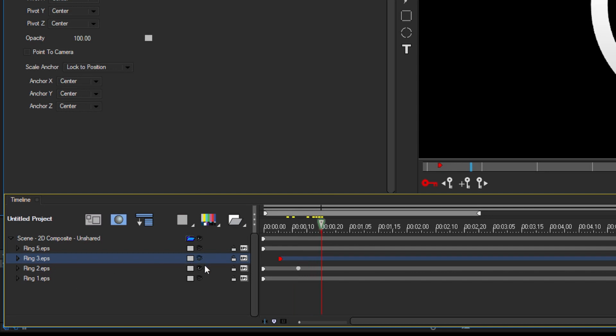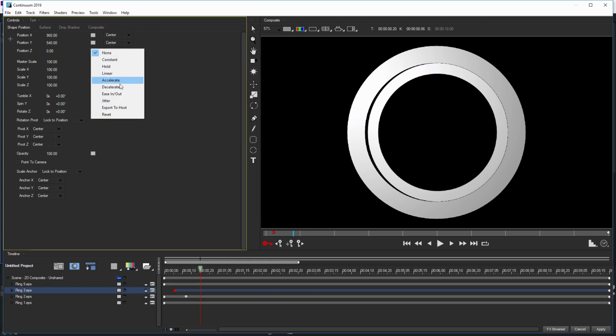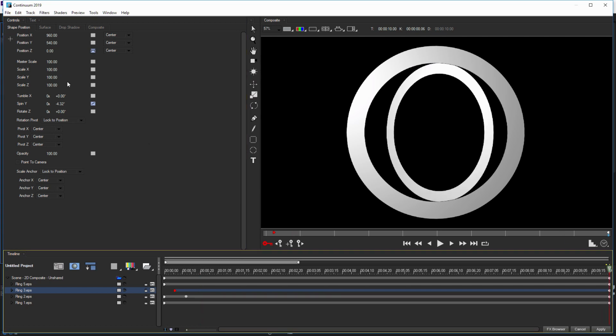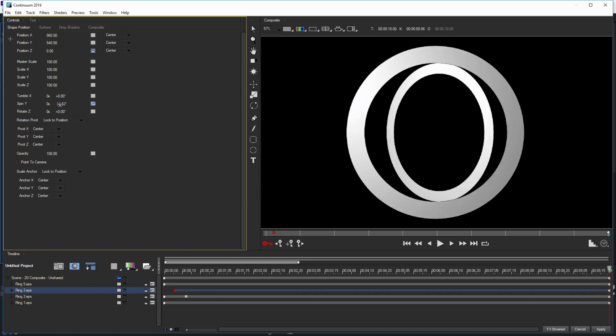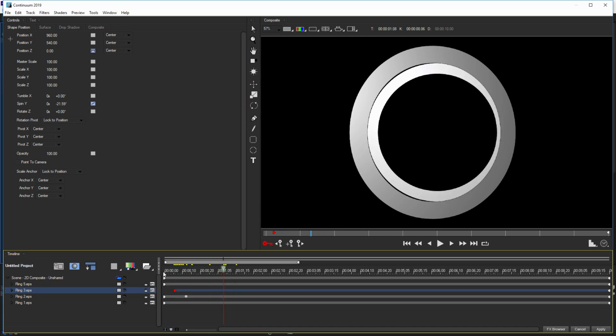So let's turn on visibility on it. And this time, we will want to have an ease in, ease out on the Z there, and we're going to have it rotating the other way. So that takes us to about minus 10, minus 5 there, all the way to the end. That's about minus 17, minus 20, round about there. We're going to change this up anyway at some point, so it's fine.